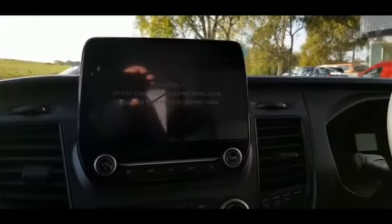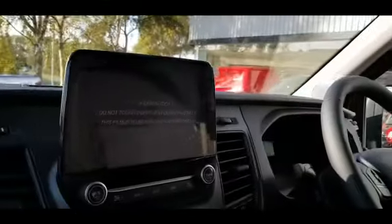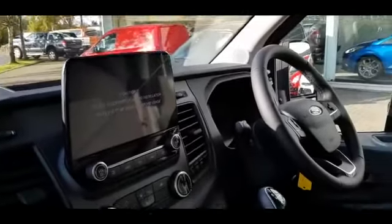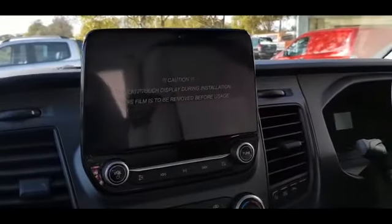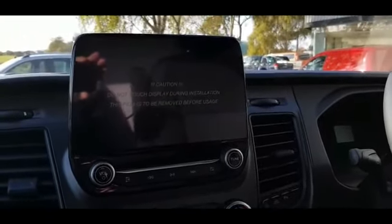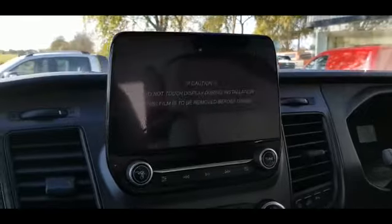Now the most notable feature when you come inside the driver's cabin is obviously the 8-inch Sync 3 touch screen that you may be familiar with from the Transit Custom. They put it into the new Transit for this year, and what a difference it makes. You control the front and rear parking sensors from on there. You've got your DAB radio and your Bluetooth connectivity. It's also